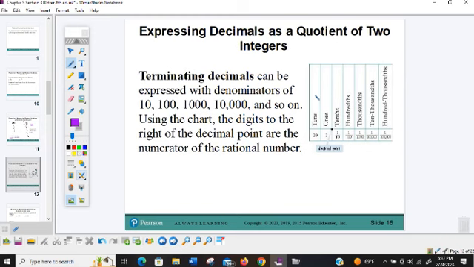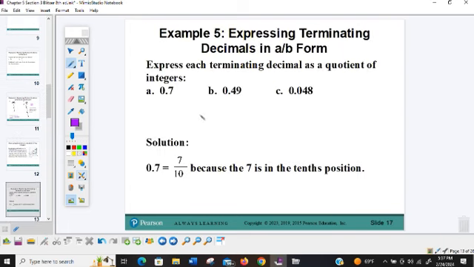Now we can also take decimals and turn them back into fractions. The terminating decimals are the easiest ones to do that with. Here's our decimal point. You just need to remember that right after the decimal is tenths, then hundredths, thousandths, 10,000ths, and 100,000ths. Okay? So we're going to express each of these terminating decimals as a quotient of integers. Okay? So we're going to take the 7, it's in the tenths place, so we make it 7/10, and that